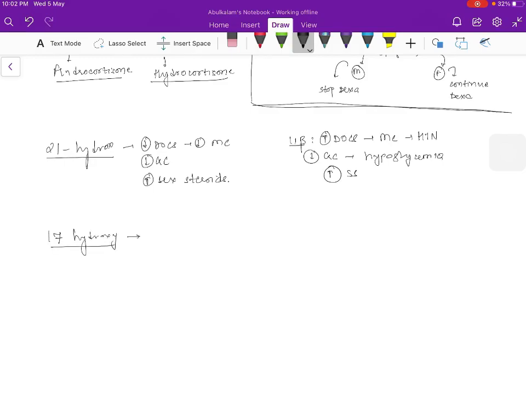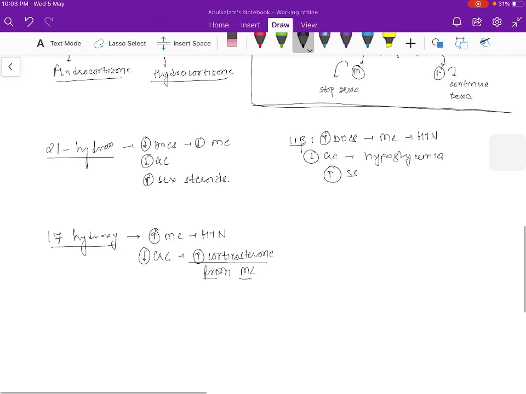Now the third one is one which blocks the pathway horizontally, that is 17 alpha hydroxylase, right? If 17 alpha hydroxylase is deficient, the pathway is blocked horizontally. Mineralocorticoid, no problem, no issue. That will result in increased mineralocorticoid, that will result in hypertension. What will happen to glucocorticoid? They will decrease, but will it present with hypoglycemia? No, it will not present with hypoglycemia. Why? Because of increased corticosterone from mineralocorticoids, which will prevent the symptoms of hypoglycemia.